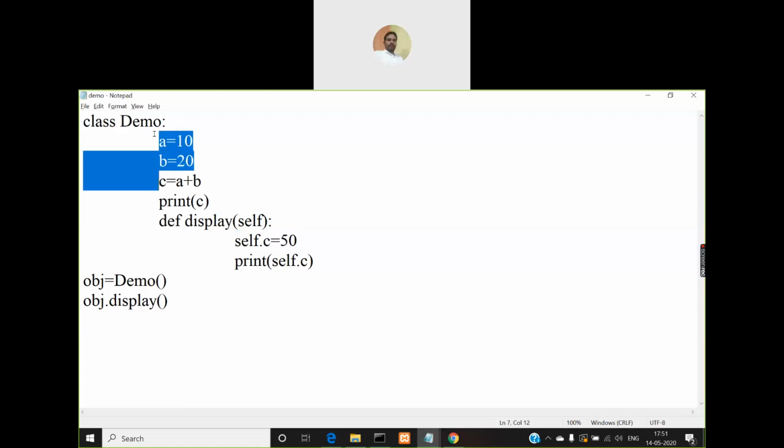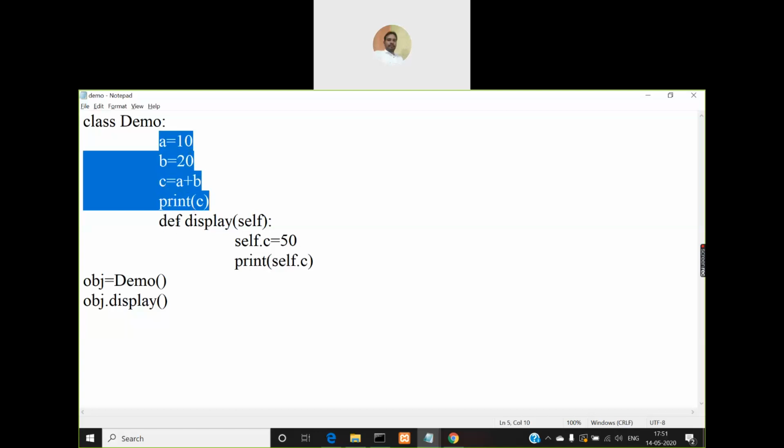all these three variables are nothing but class variables, right? They are not object variables. So they are simply class variables. So how to access these class variables? If it is inside the method or outside the class, we have to use the class name, that is demo.c or demo.a, demo.b, like that you have to access it. But if you are within the class, but outside the methods of the class, like here, where you can write a statement, then you need not use any class name. Directly you can use the variable name c and print its value. So the print statement will print a plus b value, that is 10 plus 20 is 30.